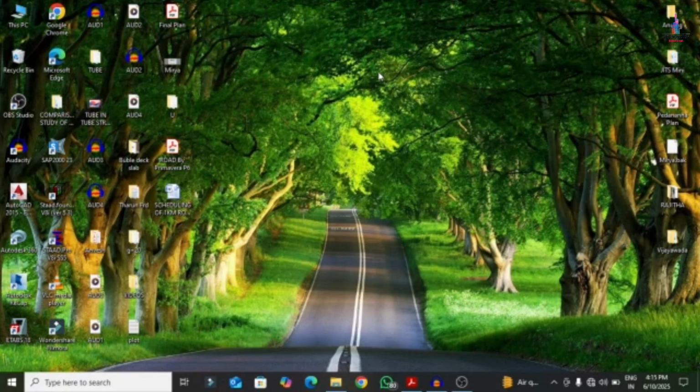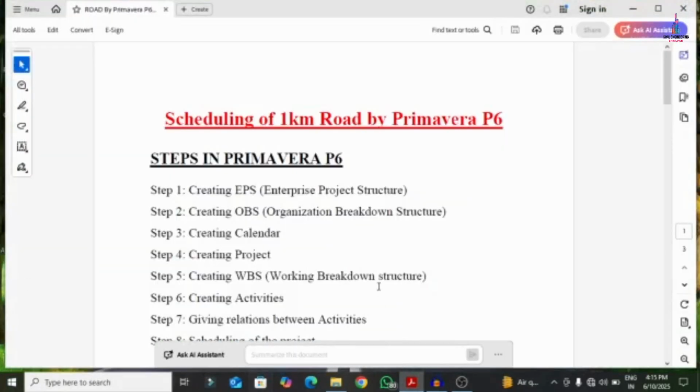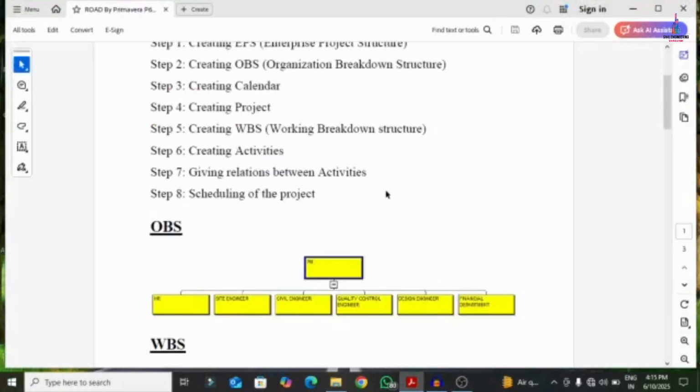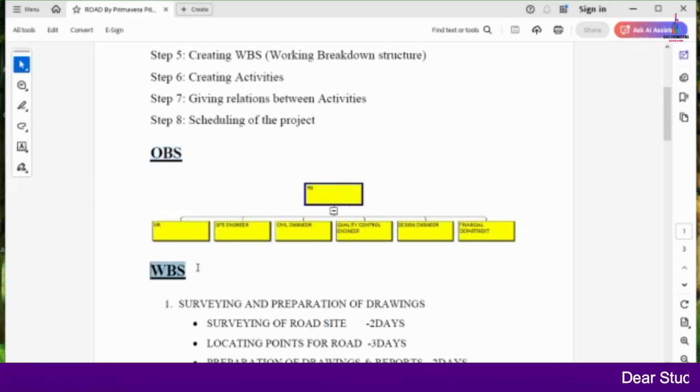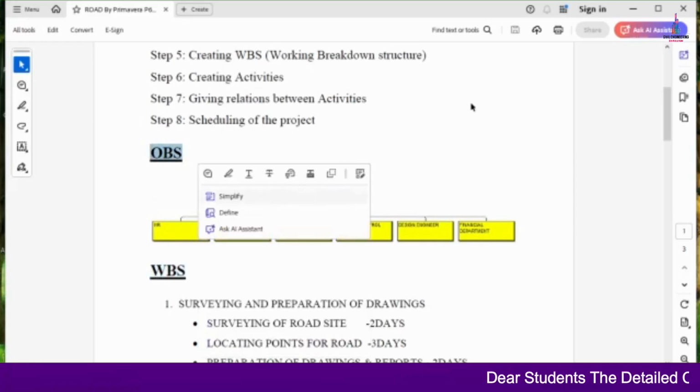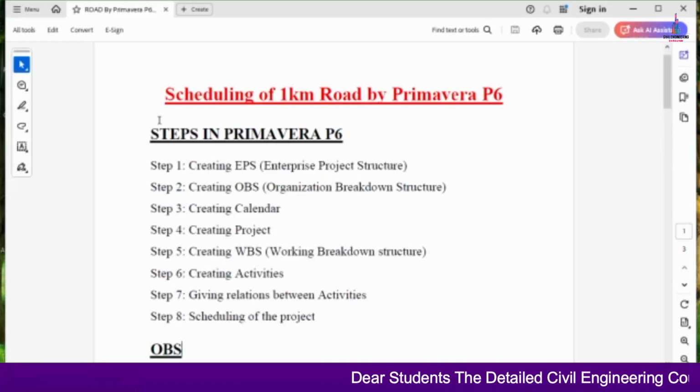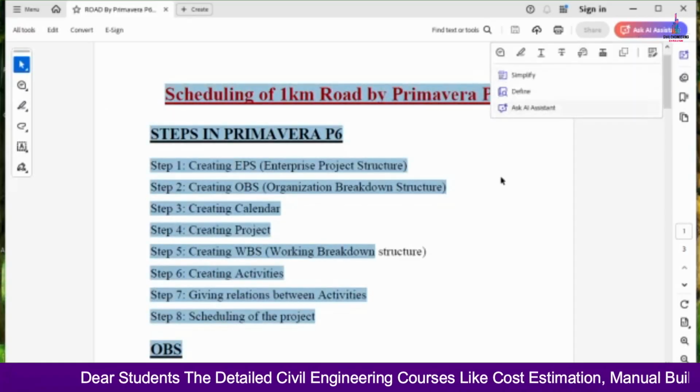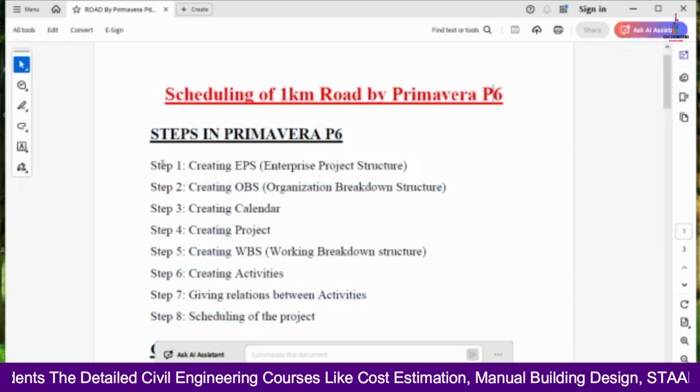So here I am opening my PDF. In that PDF it has the OBS as well as the WBS. WBS is nothing but the work breakdown structure. OBS is nothing but the organization breakdown structure. So for this particular scheduling of the 1 kilometer road by using Primavera P6 software, we are following these 8